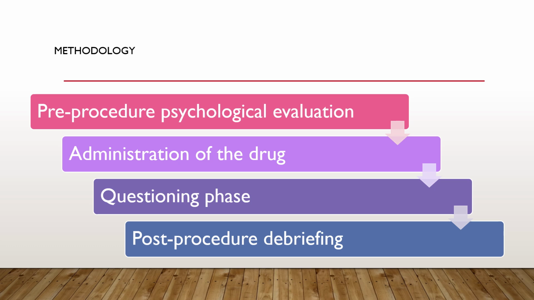Then comes the questioning phase. The interviewer asks specific questions related to the subject matter of interest, using open-ended prompts to encourage detailed responses. The interviewer may need to adjust questions based on the subject's level of responsiveness and potential emotional reactions. Observations and recording: the interviewer closely observes the subject's verbal and non-verbal cues, including body language and emotional expressions. The interview is typically video and audio recorded for later analysis.